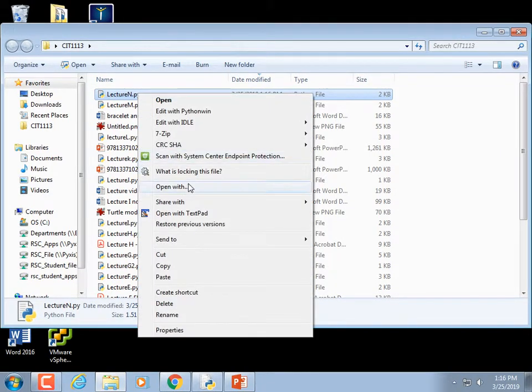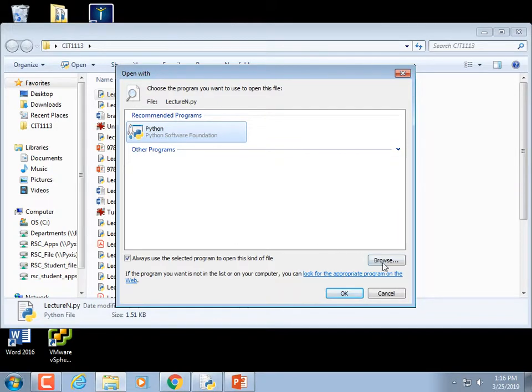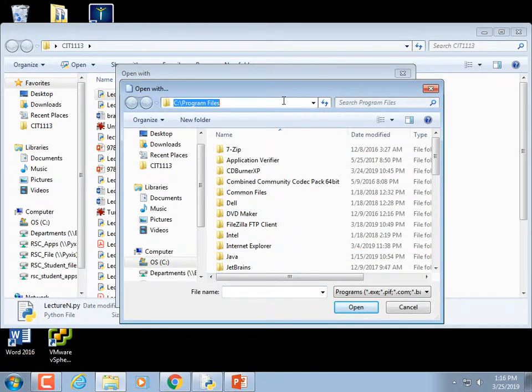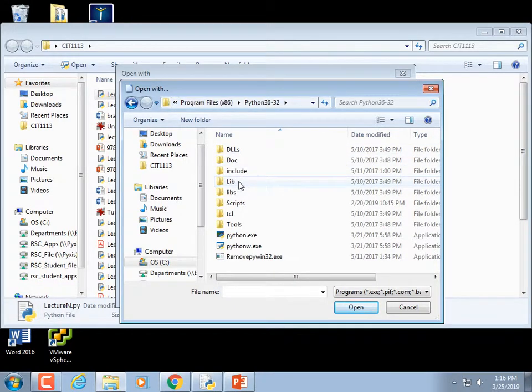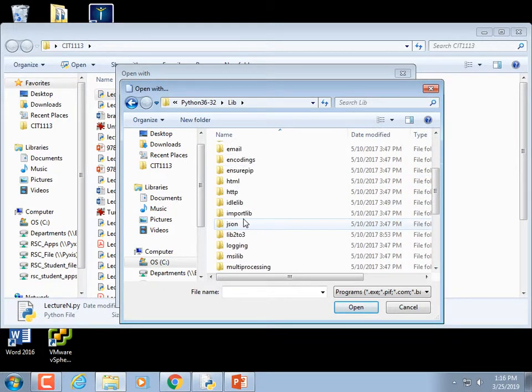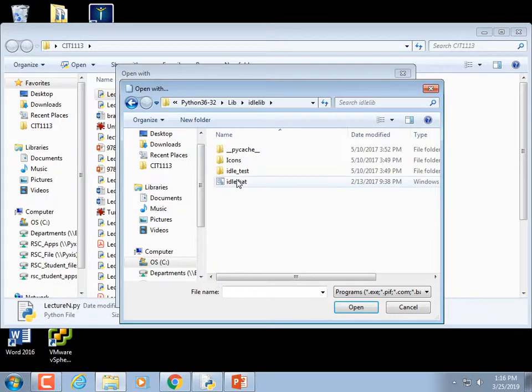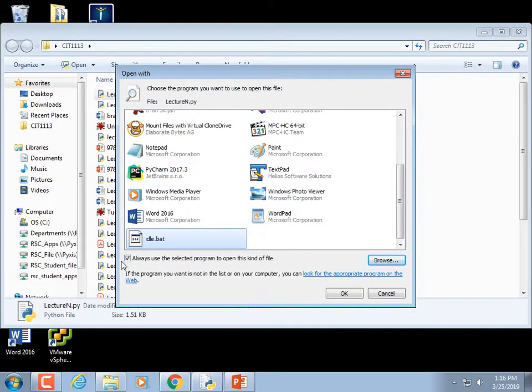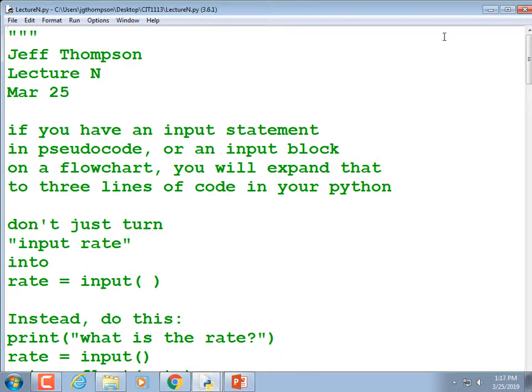So I right-clicked on the lecture file, did open with, did browse, and then I find my Python subdirectories, and I'm not going to go through this too slowly. And then you find lib, and you find idle lib, and then there's idle.bat. That's the one that you want to open your files every time you double click it. And then every time I double click it, it's actually going to open it inside the editor.